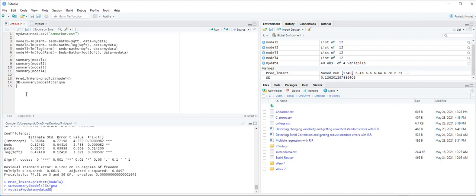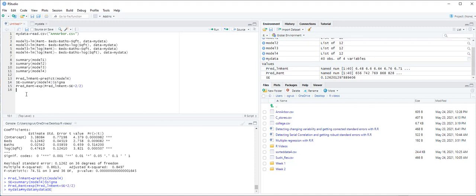And now we can use it to transform back predicted logarithmic rent to predicted rent. Pred_rent is equal to exp, for exponential function, pred_ln rent plus se to the power 2 divided by 2,